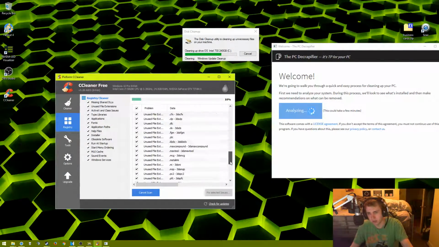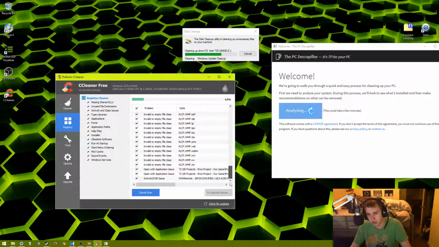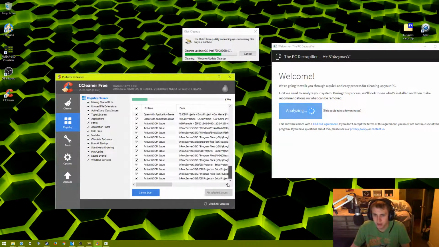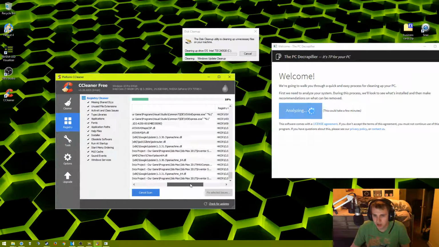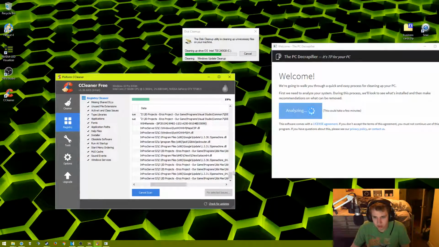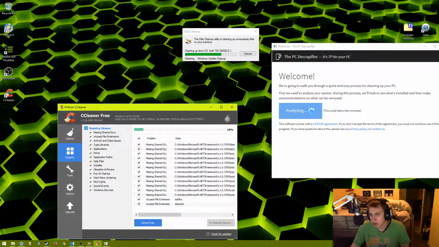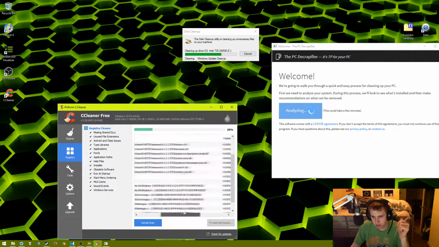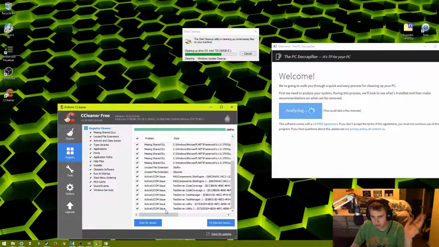So as you can see, all these .NET framework and all these unused extensions and so on. Before getting rid of any of this, you should always take a look and make sure that none of it seems important. But run multiple scans of your registry after you've cleared it the first time. When you get rid of some of these extensions or associations and ActiveX COM stuff and missing DLLs, when you start to